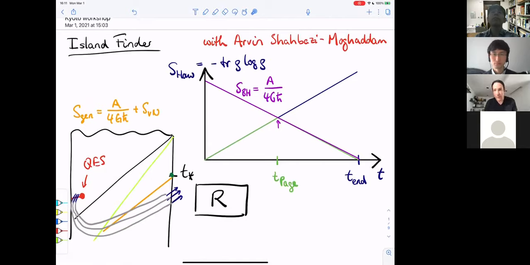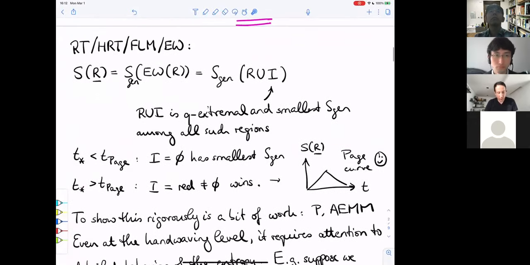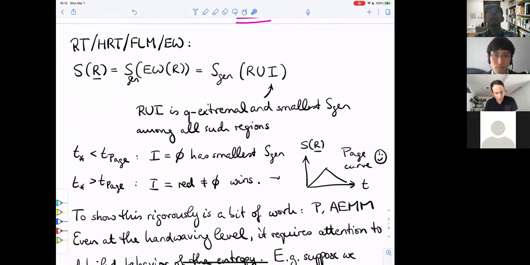So how did Penington and how did Almheiri et al. manage to get this just out of a gravity calculation? That's what they did for the first time, get this Page curve out of a gravity calculation. So here's how they do it. This goes really back to the